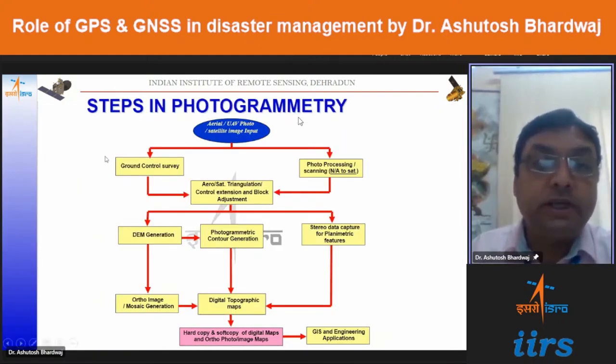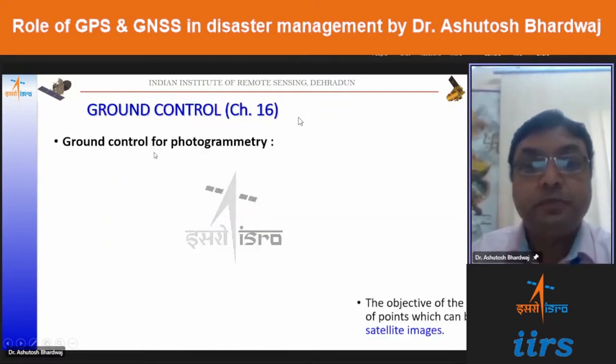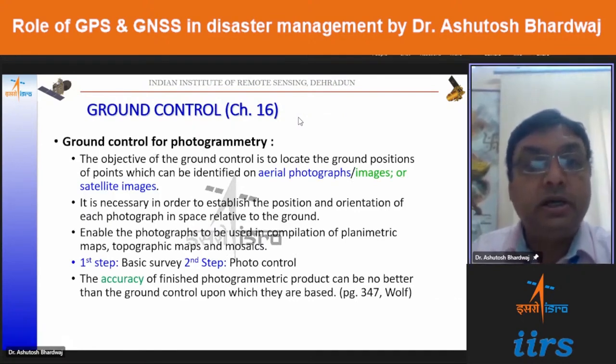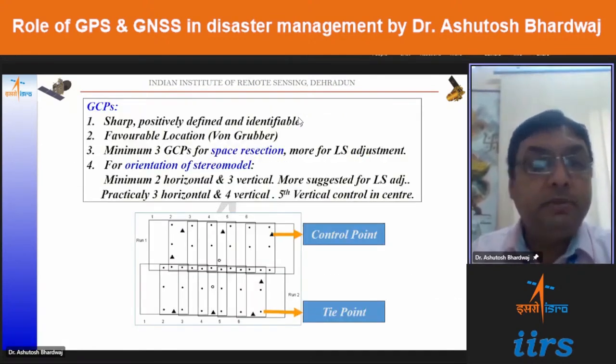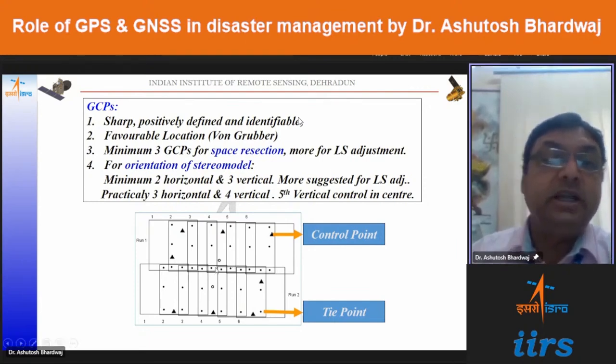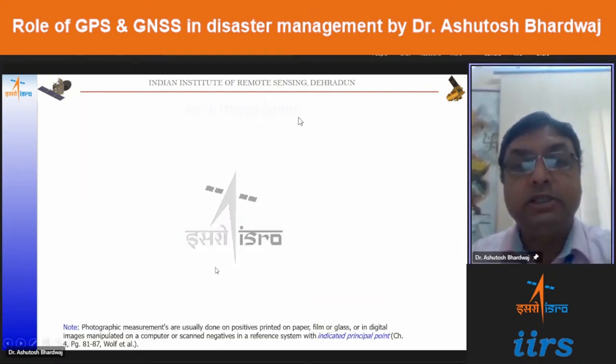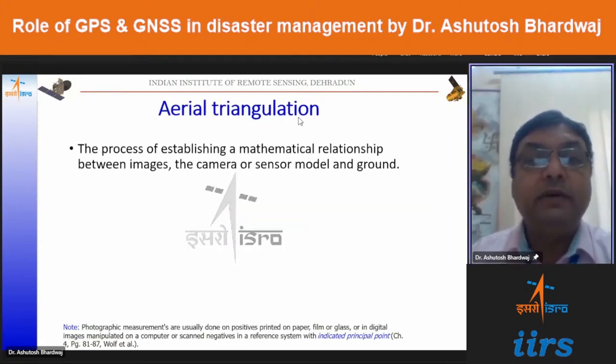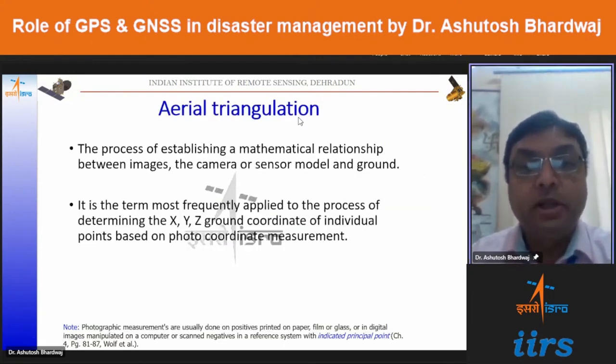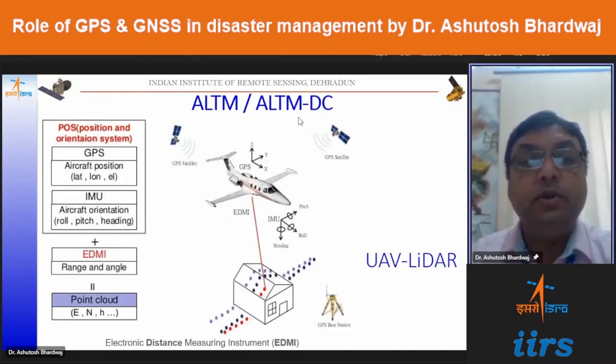In the photogrammetric process, as well as urban mapping, the ground control survey is a very important part where we use the GPS or the GNSS for the triangulation. Based on that, we do the ground control survey. Minimum 3 points are required. However, we do a very good peripheral survey and a control survey in the center of the study area also, to have a good control in the region, so as to perform the aerial triangulation or the satellite triangulation. Thereafter, we can use,